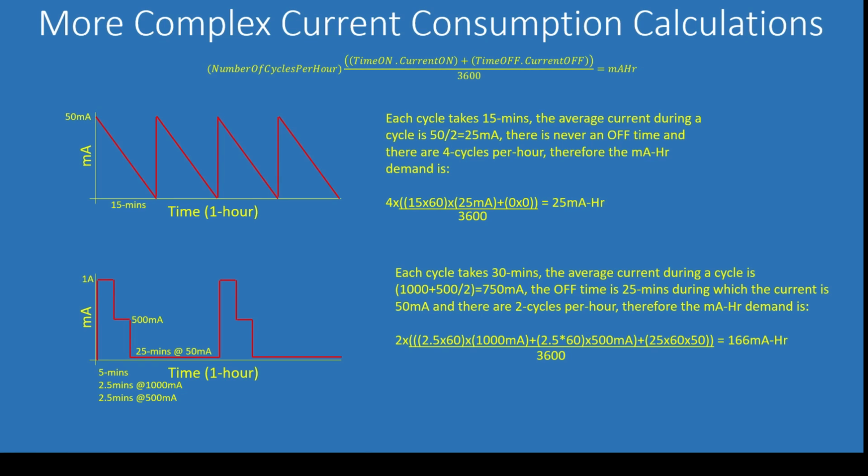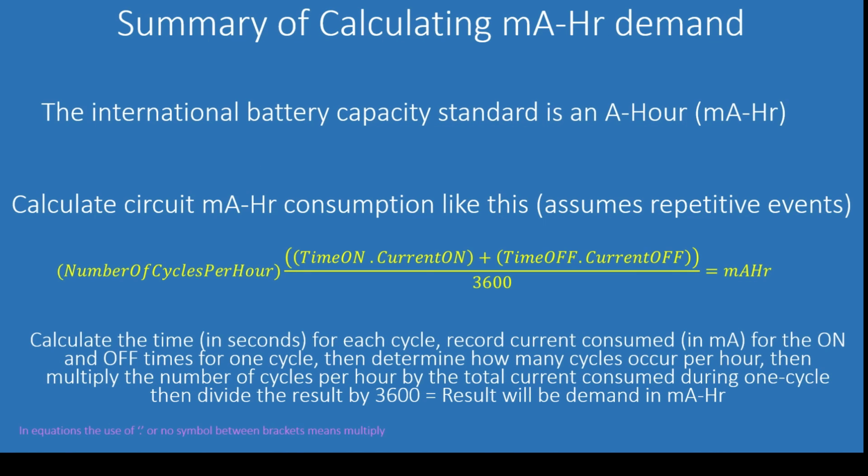So we could take those values and divide the battery consumption by our milliampere hour consumption. So 2600 in the top example, that would last for 104 hours, whereas the example at the bottom would last for 15.5 hours. Summary of the calculation: